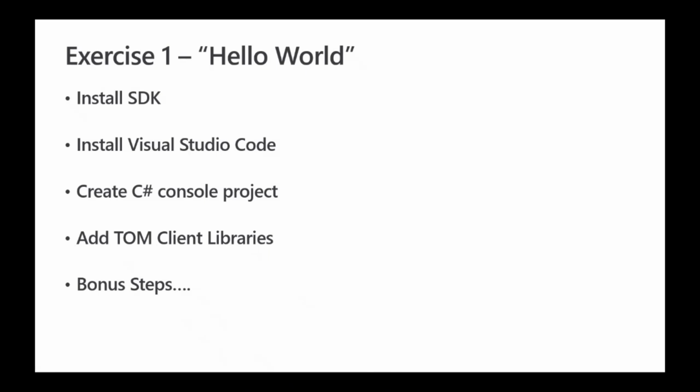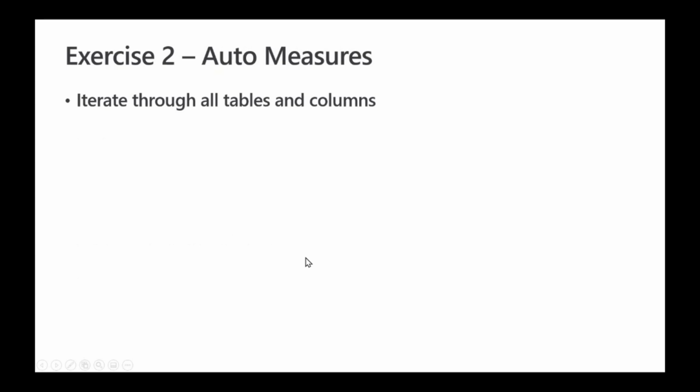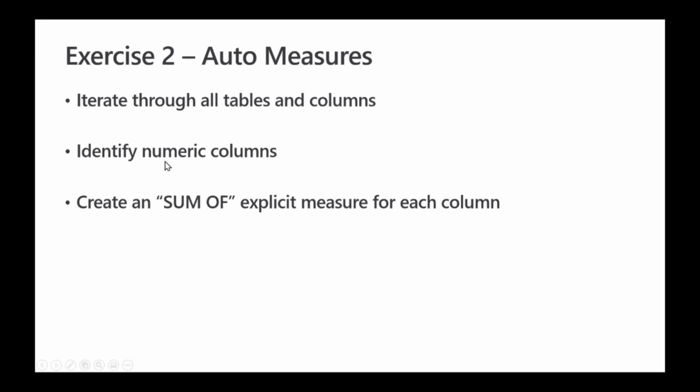So the next one, am I on the right PowerPoint slide? What we want to do is let's extend this. Let's have a look at another project that, rather than hard code a single measure, creates some automatic measures. This project is going to iterate through every single table and column in the model that we connect to. It's going to identify any columns that are numeric, and then automatically for every single numeric column that it finds, it's going to create a sum of explicit measure for each column, and then update the annotations to keep